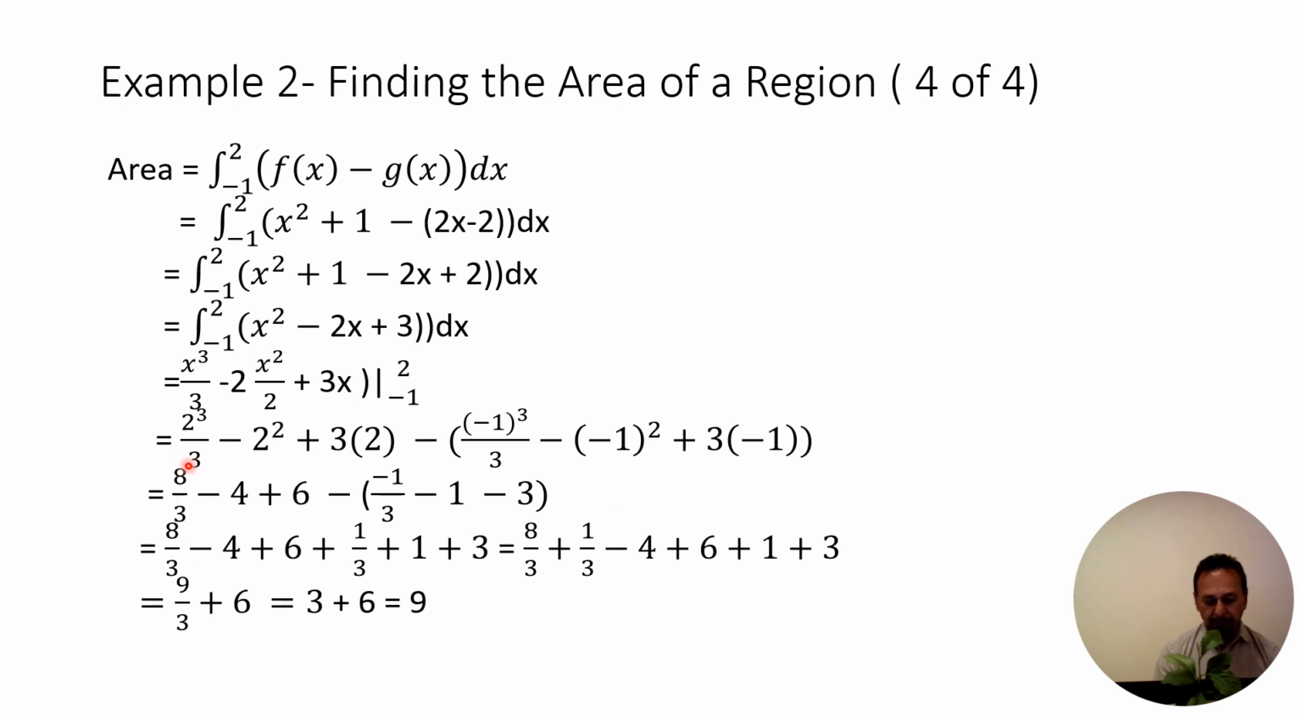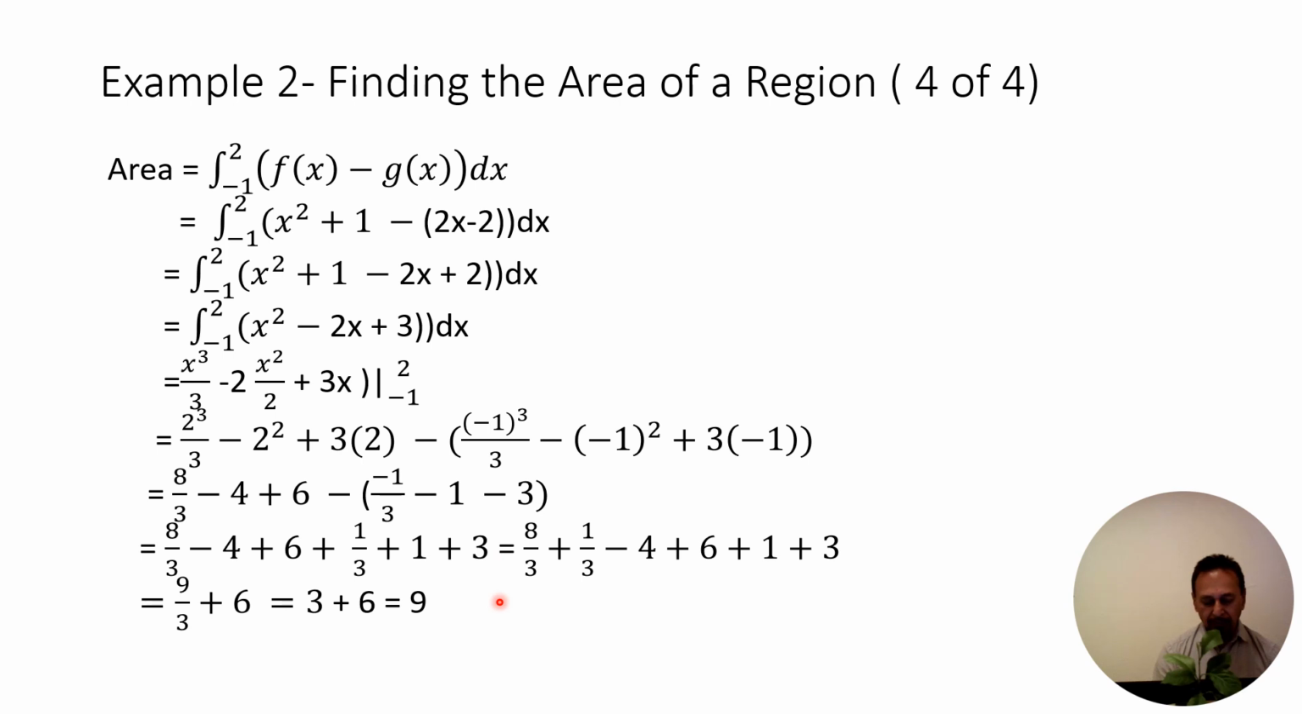So now we simplify. So 2 cubed is 8, so 8 over 3, minus 4, plus 3 times 2 is 6, minus, now the cube of -1 is -1, so -1 over 3. The square of -1 is 1, and this is 3. Okay? So basically it keeps simplifying. 8 over 3 plus 6, and now we open the parentheses, so it'll be plus 1/3 plus 1 plus